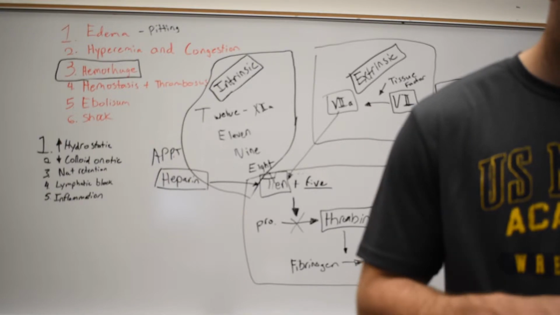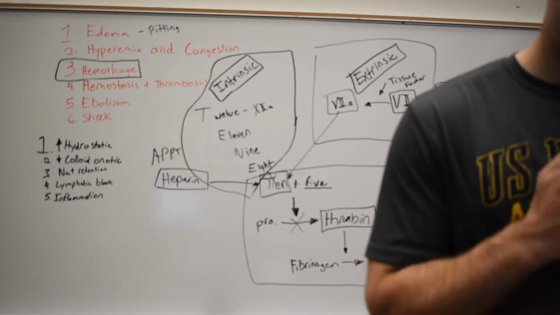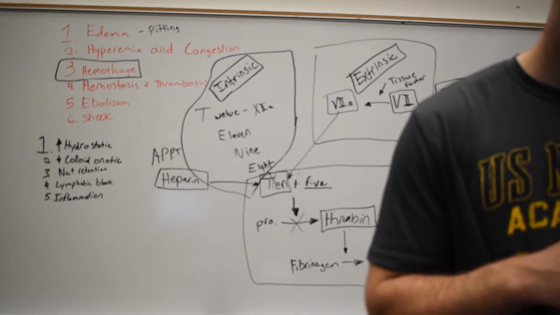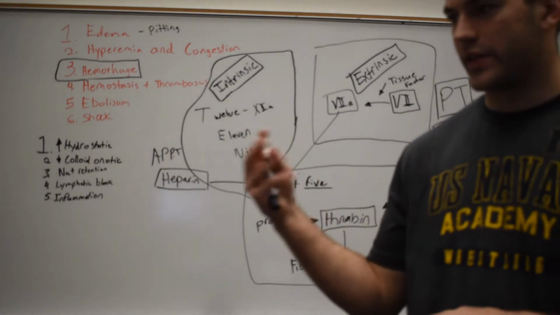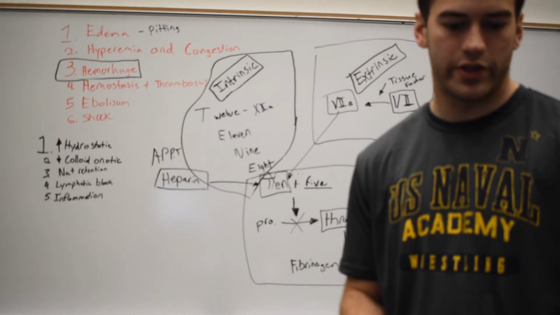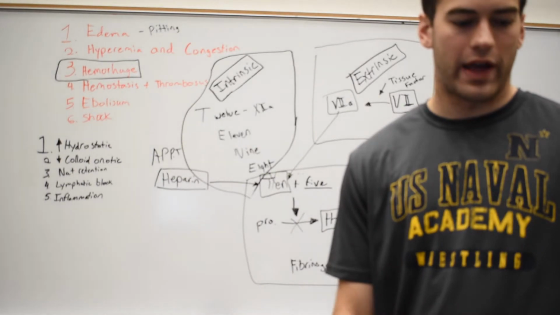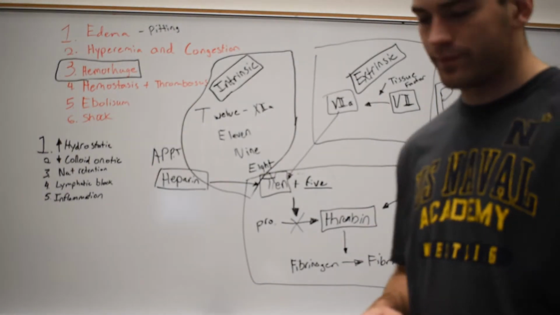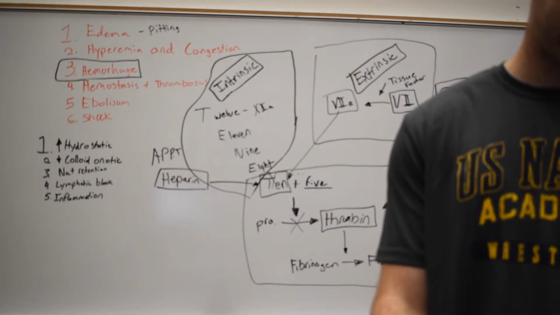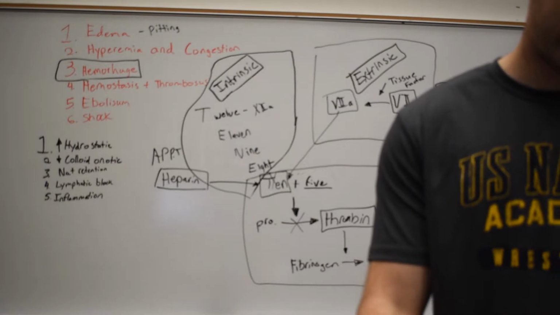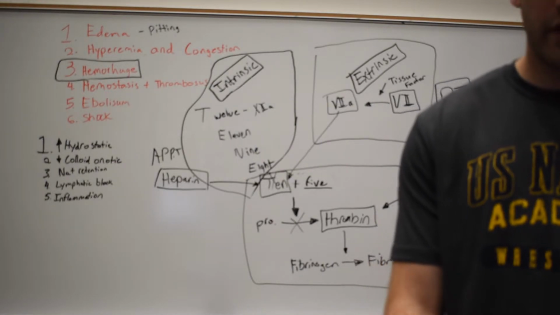Von Willebrand is a deficiency in von Willebrand's factor, so it's the factor that binds a platelet to the tissues. If you don't have it, you're going to bleed out. This is more of our hemorrhage stuff. And then we got the stuff that I care about more than this, which is our